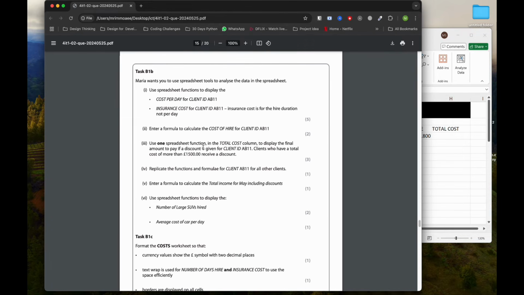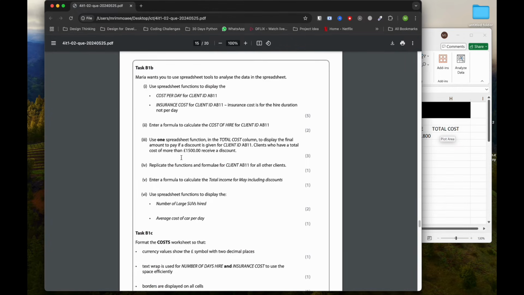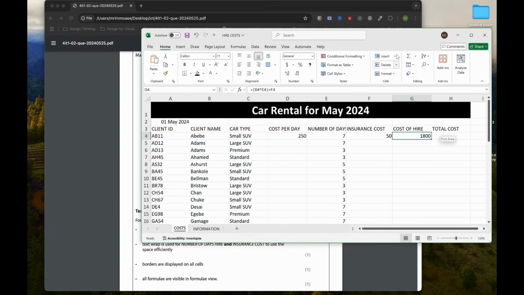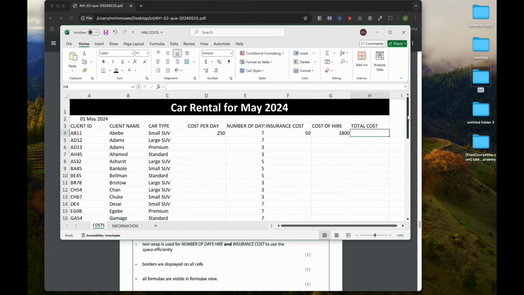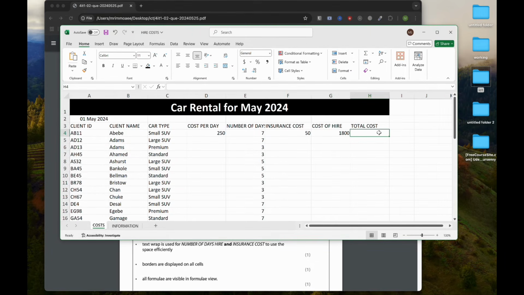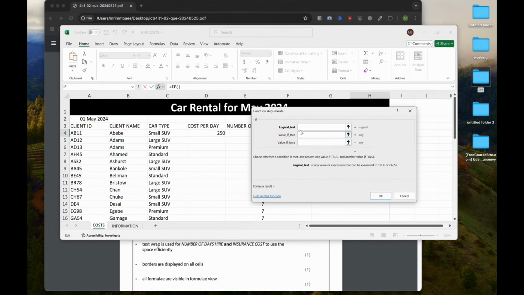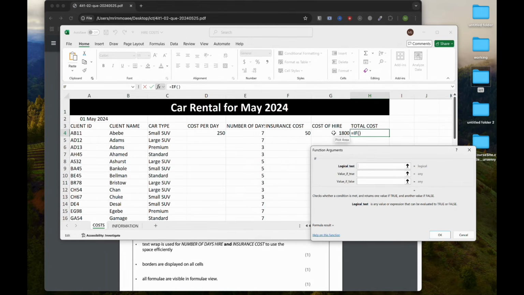Use one spreadsheet formula in the total cost column here to display the final amount to pay if a discount is given for client ID AB11. Clients who have a total cost of more than 1500 receive a discount. Otherwise they will get the same price. So for that, what we'll do, we need an if-else statement here. So click here, click on the IF. Okay, so the logical test is like, which one will be greater? This one, right? So when G4 is greater than 1500